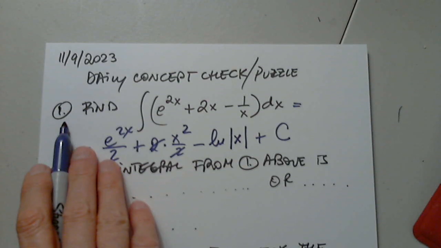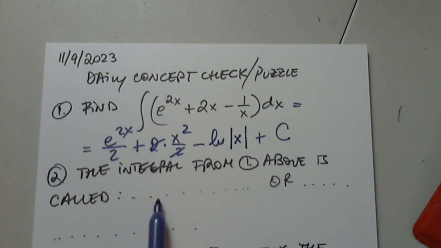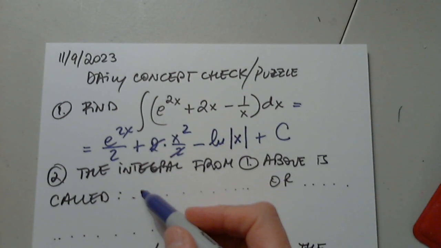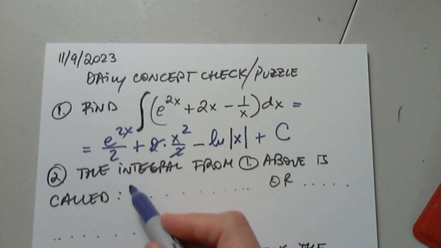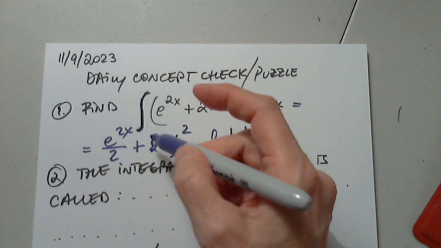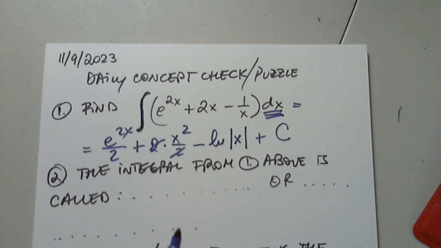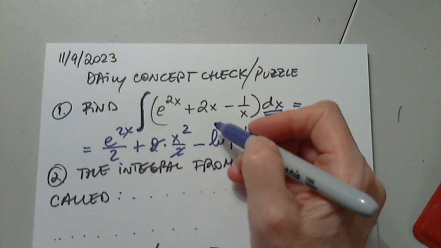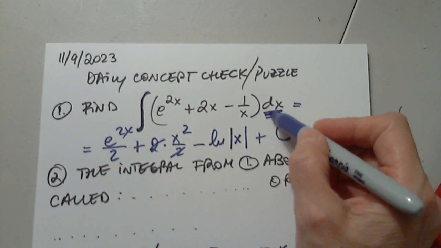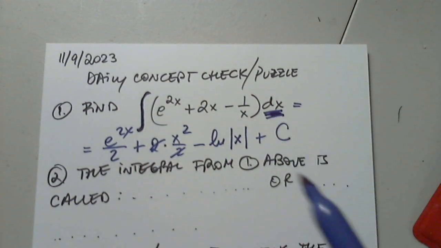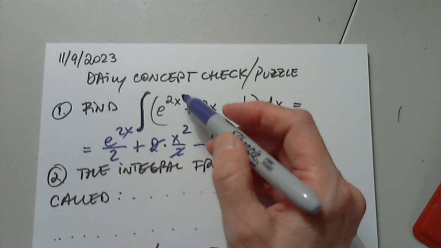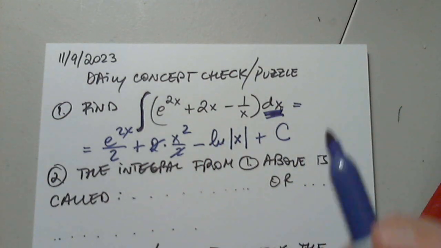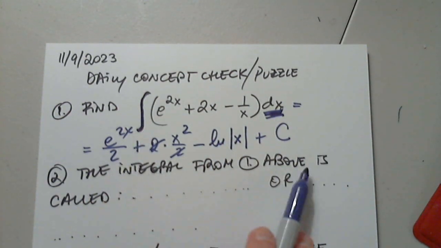The integral from number 1 is called... I just need the name of this. Notice that this symbol alone does not exist without this. The function could be 1, but once I have this symbol, it has to follow and the function, and it has to follow dx. If x is t, then it has to be dt. If instead of x I have w, then I have dw. So the integral from above is called